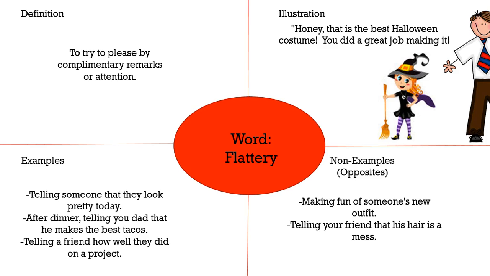The final box is including non-examples or opposites. So some opposites of flattery are making fun of someone's new outfit or telling your friend that his hair is a mess. Now it's going to be your turn to create a Frayer model for each of our words that